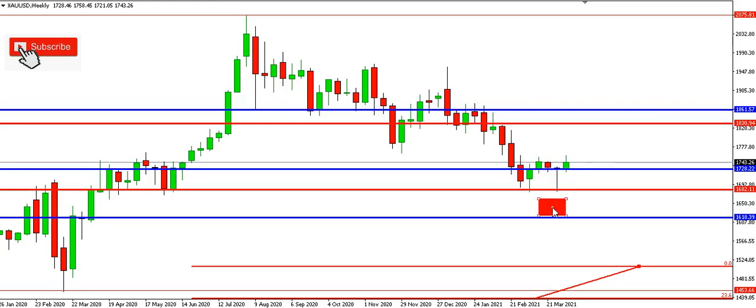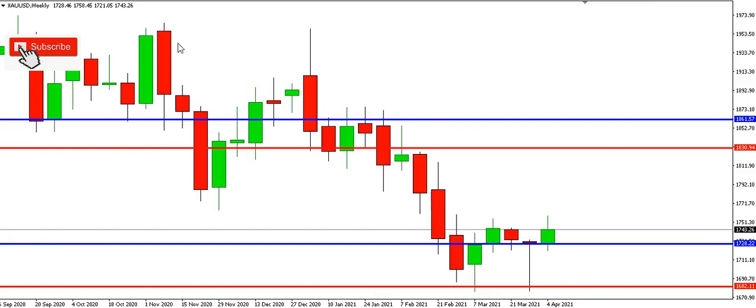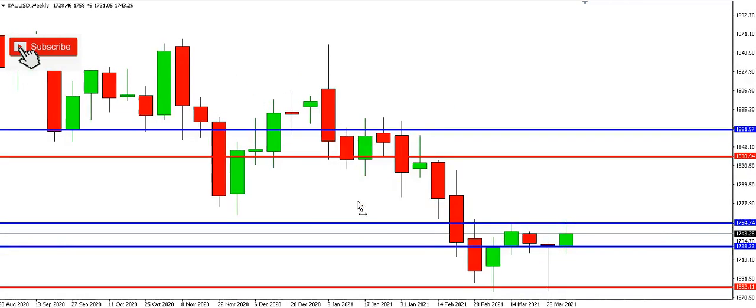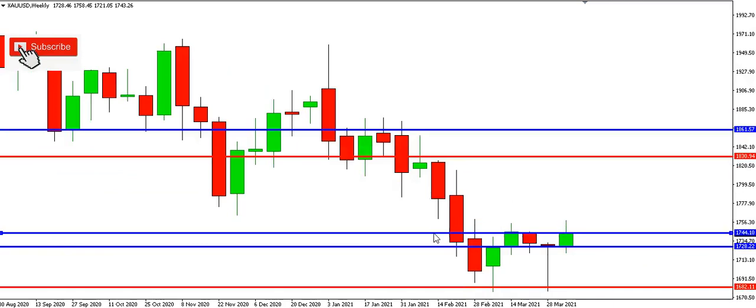But on the weekly time frame, price has now formed a pin bar. You can see this pin bar that price formed the week before last. Now this last week, price went up in reaction to the pin bar. But we have price hitting the resistance here. Then price retraced back and closed at the